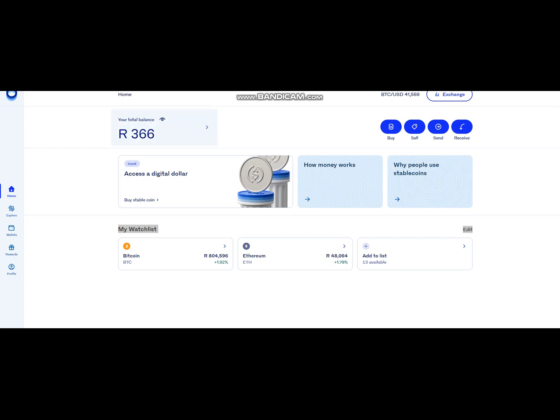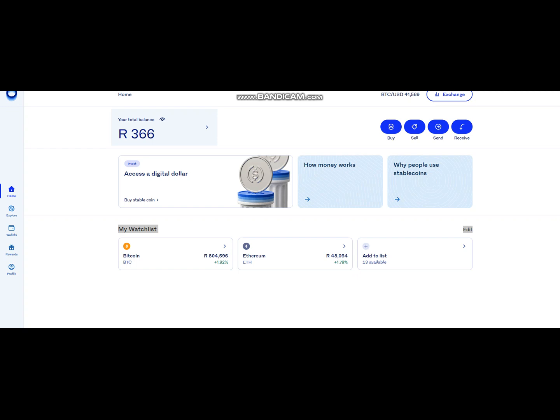Your obvious question would be, I've transferred 500, but I've got a balance of 366. The thing with BitMEX accounts is that when you send crypto, there are always costs involved. To send that 500 rand cost me 130 rand, so my new balance when I made the transfer was